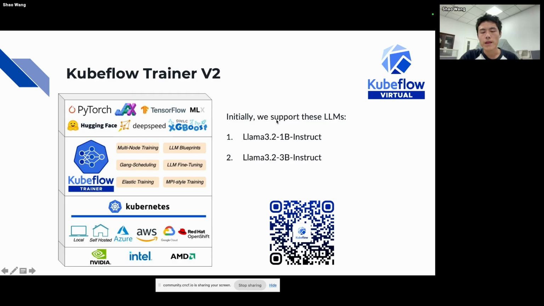And for the initial release of the Kubeflow LLM Trainer, we only support Llama 3.2 1B and Llama 3.2 3B. And in the future, we'll add more models in the coming months.